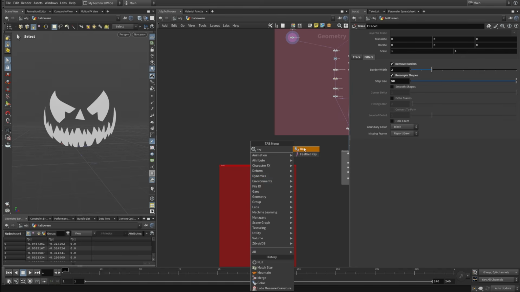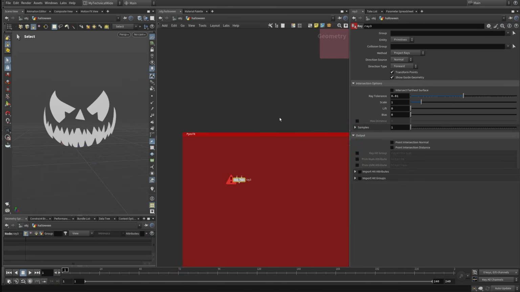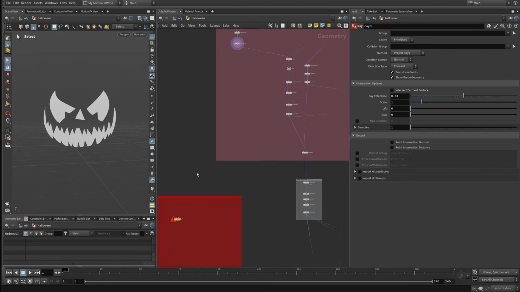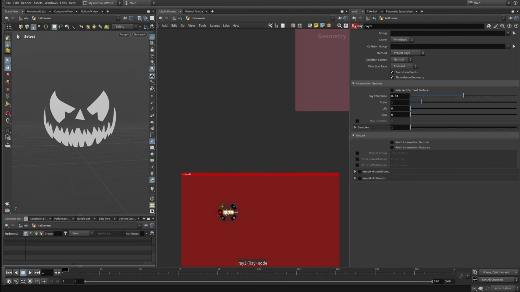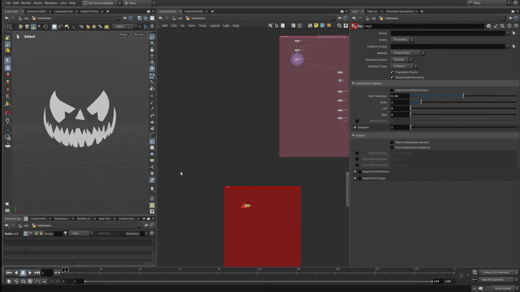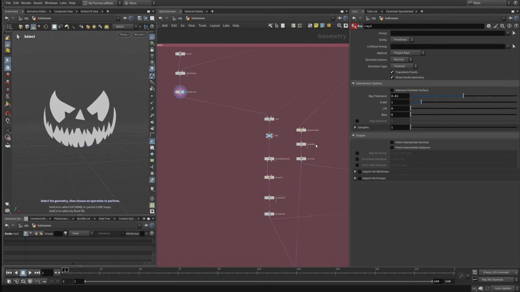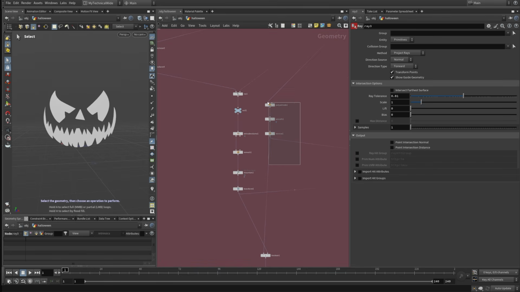I'm going to ray these again onto the surface of the pumpkin, but I want it to be modified slightly. So what we are going to do after the extrusion, which is going to be here,